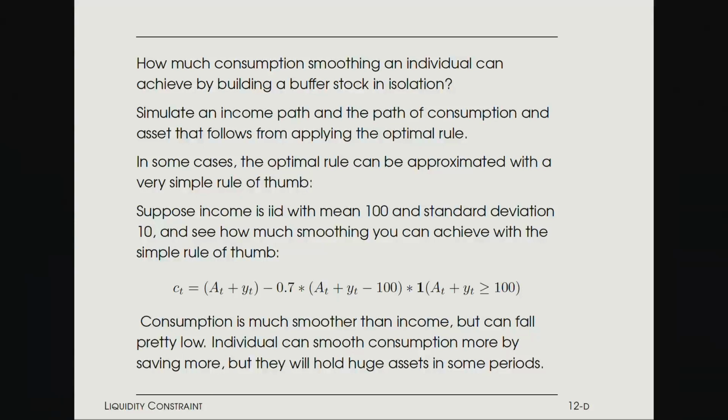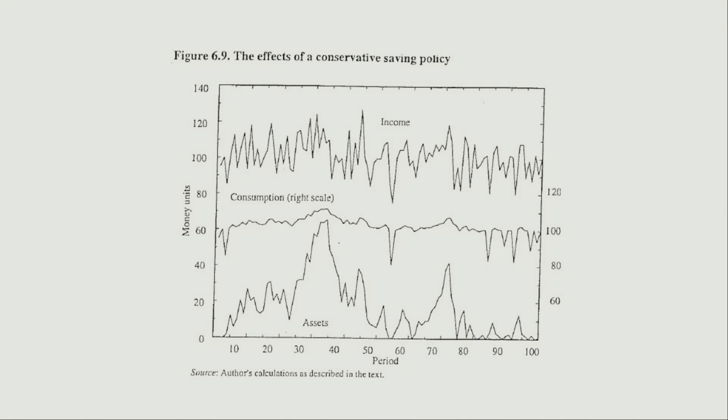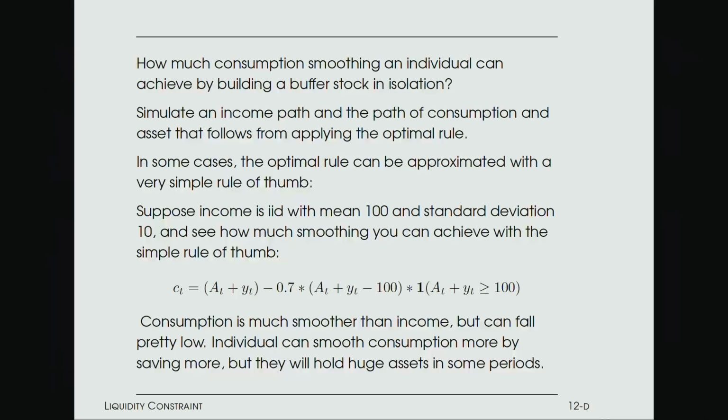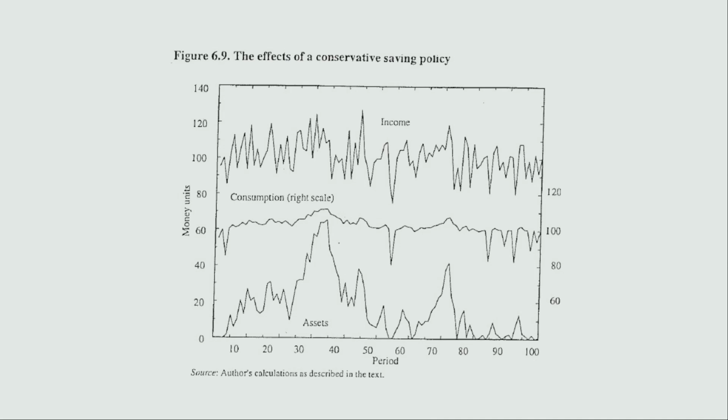So we can simulate that easily. So here's the consumption of someone with this variable income, mean 100, standard deviation, what did I say, 10. So you can see that there are a couple of good realizations of income. So the person has been building up some assets, and has a lot of assets at some point, and then there are a few bad years, and then he's trying